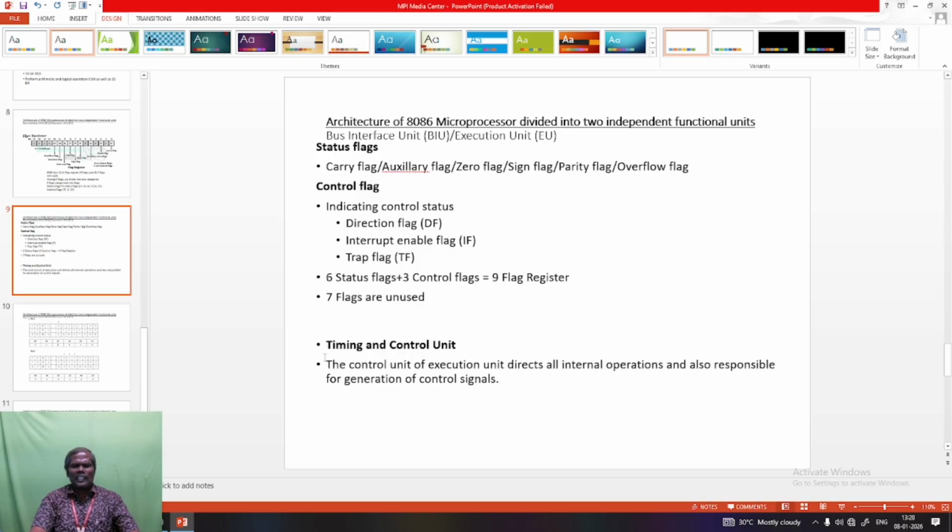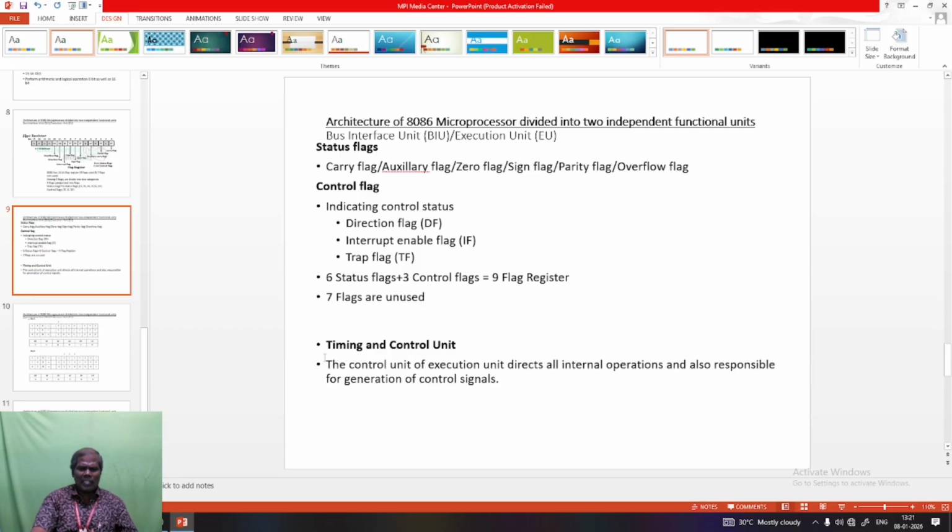If the DF value is 0, it will take the action in the reverse way, incremented. So for the direction of checking, we can set the direction flag to 0 or 1. Direction flag equal to 1: the instruction will be decremented. Direction flag equal to 0: the instruction will be incremented. With the help of this, we can make the movement in the downward or upward direction.